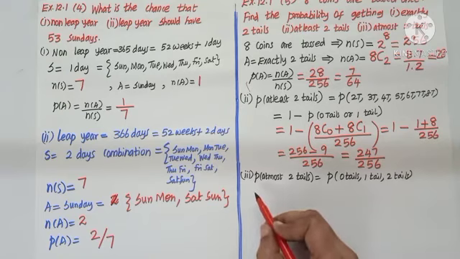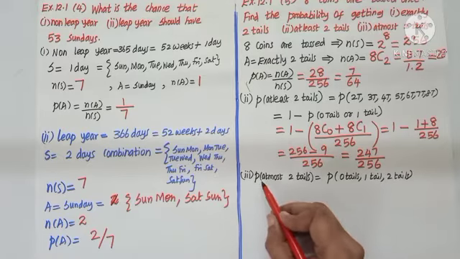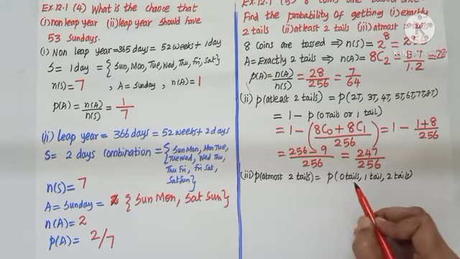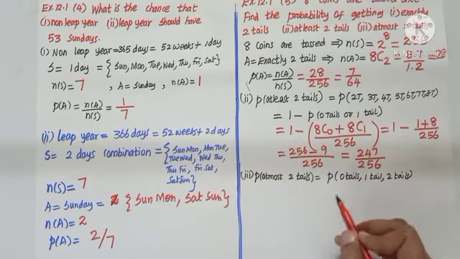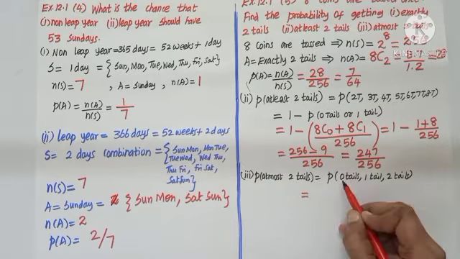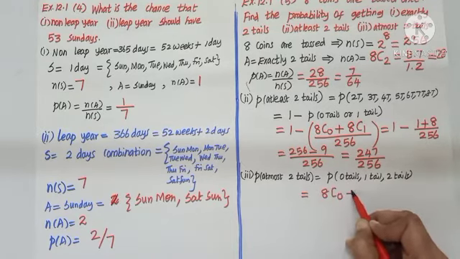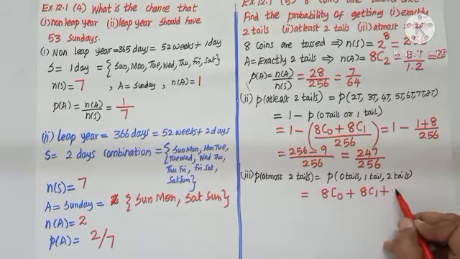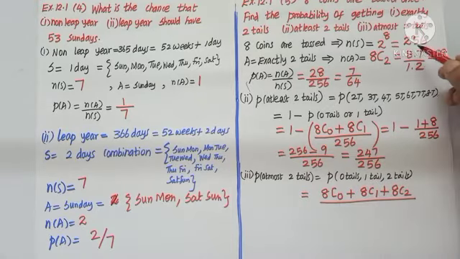Subdivision 3. P of at most 2 tails. The word at most tells me 2 or below. So it could be 2 tails or below: 1 tail or 0 tails. 0 tails, I will write 8C0. 1 tail is 8C1 and 2 tails is 8C2. The whole thing divided by the total, N of S,